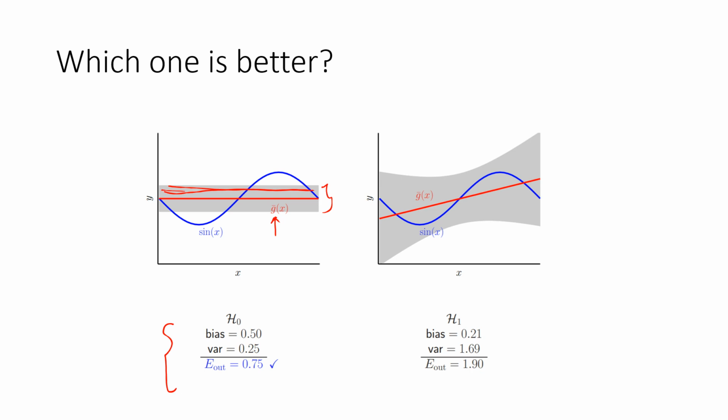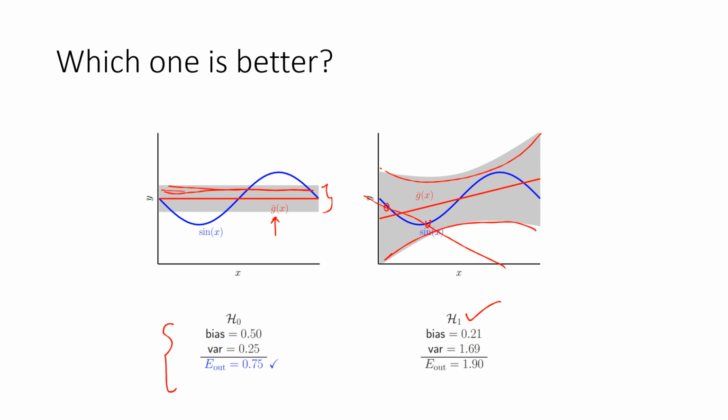Similar to that, for the hypothesis set 1, this is the G bar of X that we get. If we look at the H1 hypothesis, the average hypothesis G bar is a reasonable fit with a small bias, just 0.21, but there is a large variability that leads to this large variance. Let's say the data was somewhere here. It would go volatile. It wouldn't just stay in this expected beam, so to say. It will go wild. That's the reason behind this large variance.